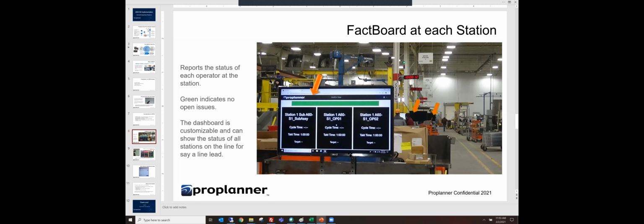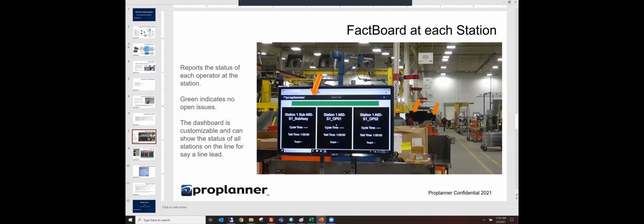So the ANDON system, Factboard, as we call it at Proplanner, is a separate server or a separate software application that's essentially receiving what we call JSON calls, JavaScript Object Notation, which is essentially a text file that's generated by a software application running on any device anywhere in the world, and it can send this alert to Factboard. So what Bondo was showing was obviously where the alerts are coming from Proplanner's shop floor viewer,